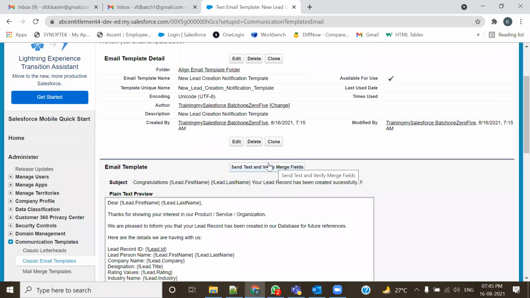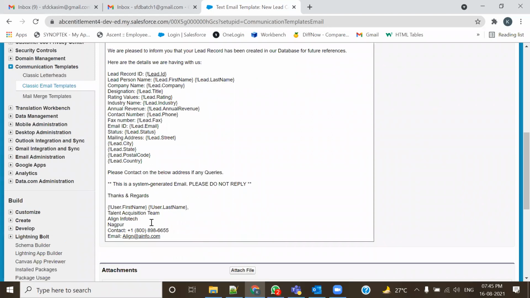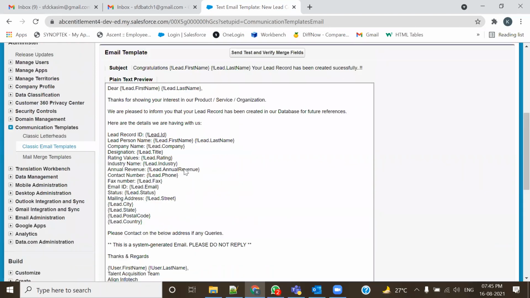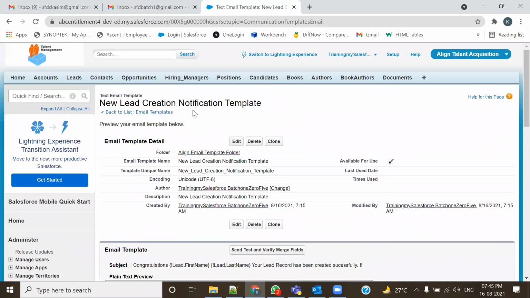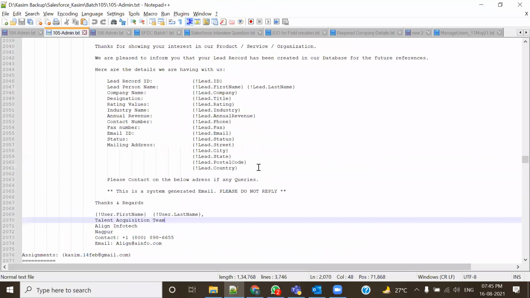As soon as one lead is created, with this email template, with the lead first name and the last name, with all the details of the lead, lead ID, first name, last name, company, whatever the fields, one email is going to be fired automatically. I am not going to test it manually. I created one email template with the name called new lead creation notification template. Okay. So now let me create this